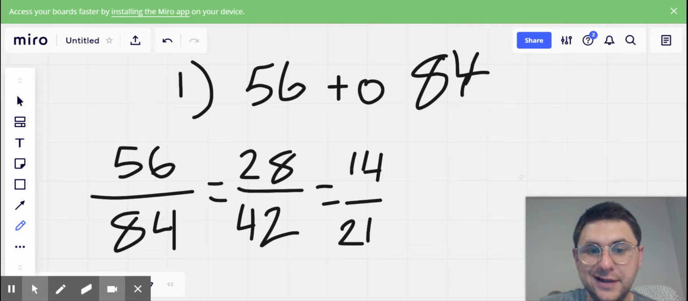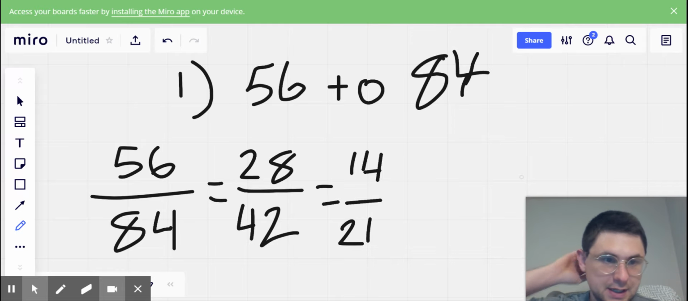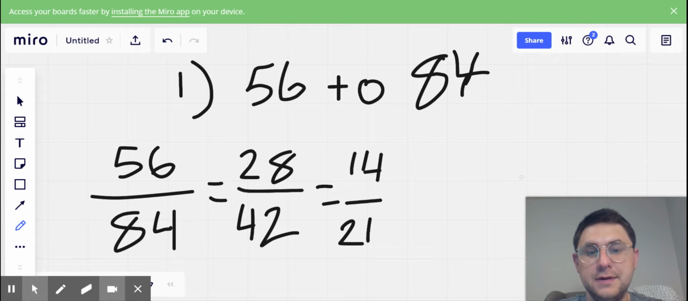Right? Then I'll check for 3. The bottom one's divisible by 3, but the top one's not. And another prime number is 5. Neither of them are divisible by 5. Next prime number up is 7. These are both divisible by 7. Okay, so